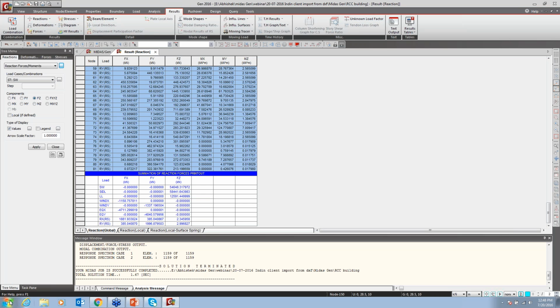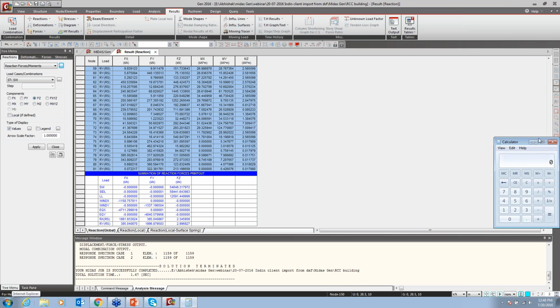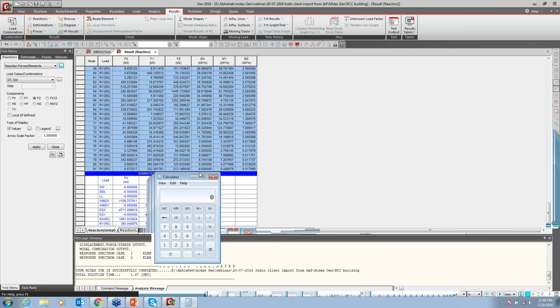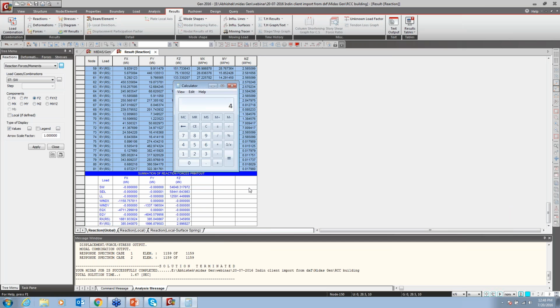Now we can see, I will just take the values. Okay, my earthquake x value is 4711.299 divided by my Rx value, which is 181.93. So you can see the difference. So my factor is coming 2.22 for the x direction, and for the y direction